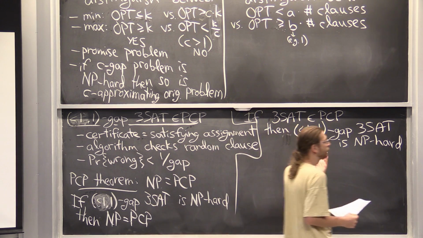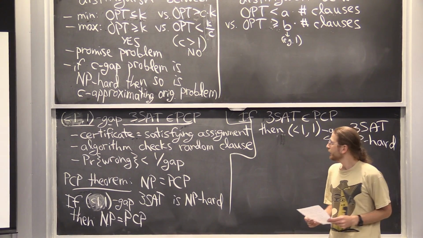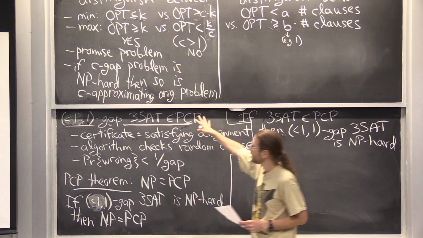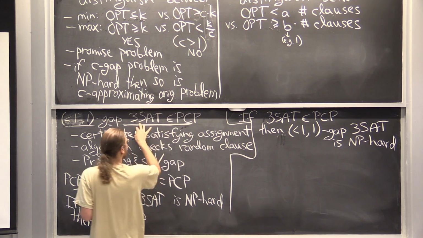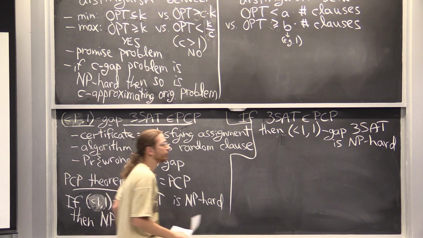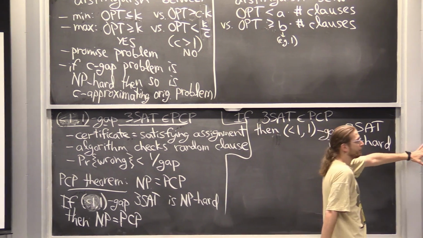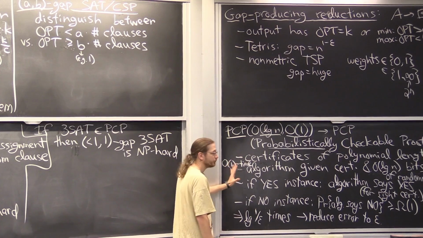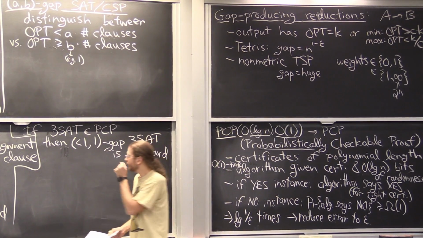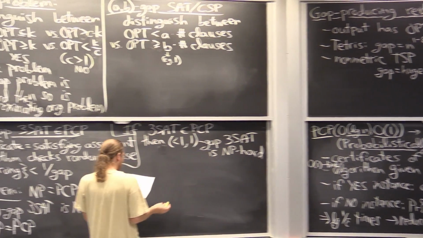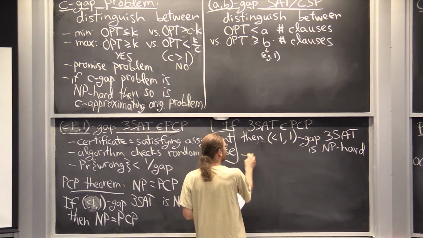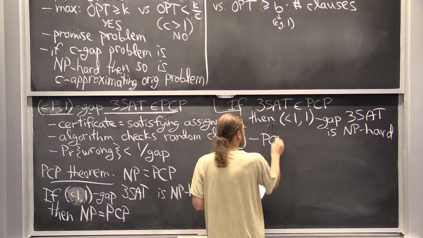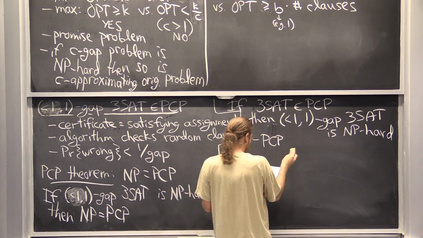And this is a very general kind of algorithm. It's kind of cool. So suppose, so PCP is easy for the gap version of 3-SAT, but suppose there was a probabilistically checkable proof for just straight up 3-SAT when you're not given any gap bound, which is true, it does exist. So we're going to use that algorithm, and we're going to do a gap preserving reduction. So let's say